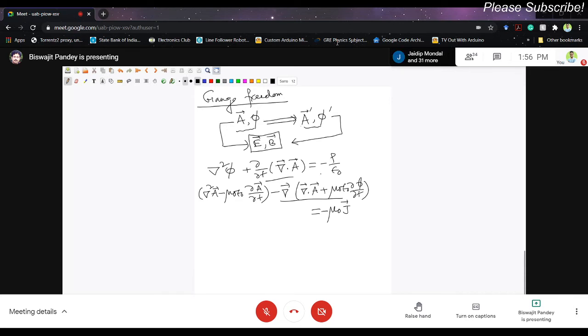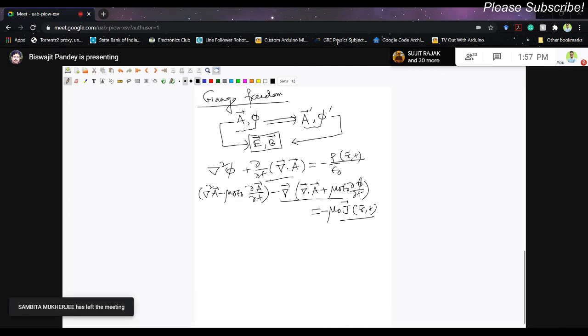So how to simplify these two equations? As I told you, the problem lies in the fact that these equations are not very simple. If you want to solve them, we want to get phi and A for any given charge distribution rho(r,t) and current J(r,t) in space and time. These are the given things, and we want to solve these two equations to obtain phi and A, which will give us E and B. So for our advantage, we can map A and phi to our choice. It can be any choice as long as it satisfies certain conditions.